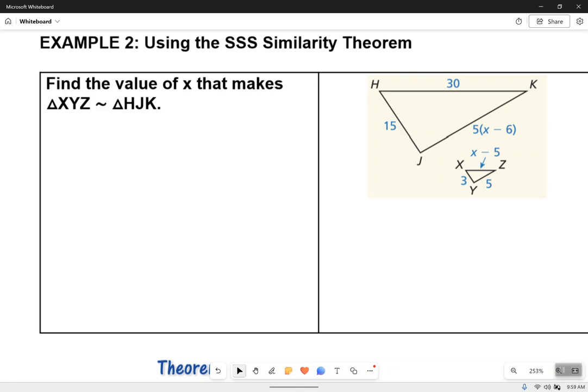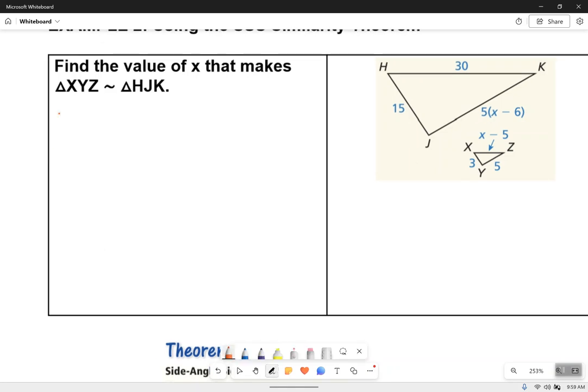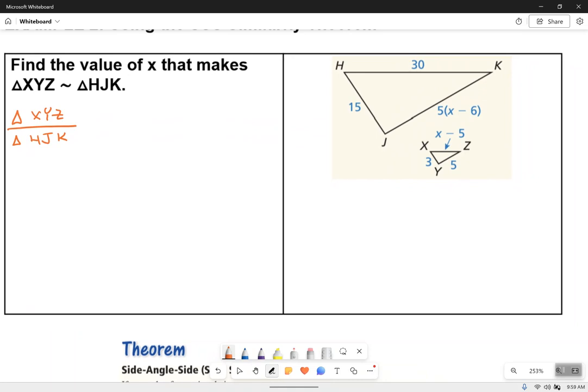Okay, let me show you something real quickly, kids. We're comparing triangle XYZ to triangle HJK. And kids, when we've talked about finding sides of similar figures, we've had to set up some kind of a proportion here, okay? So I'm going to start with this x minus 5 part right down here. I see an x right here, okay? What would that x minus 5 distance from x to z correspond to in the larger triangle? 30. So I'm going to say that distance, x minus 5, is to 30 as,